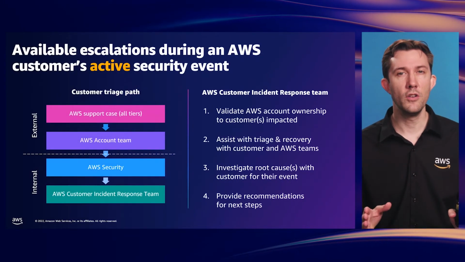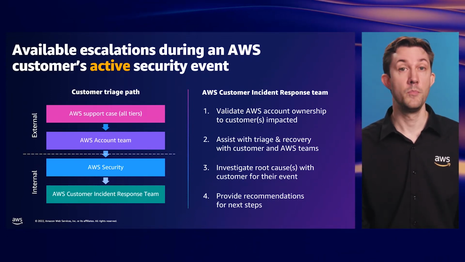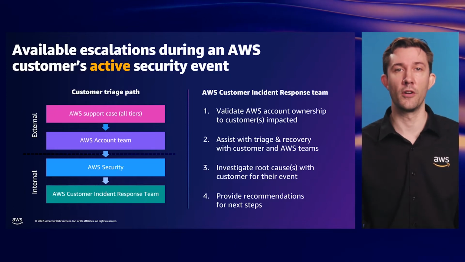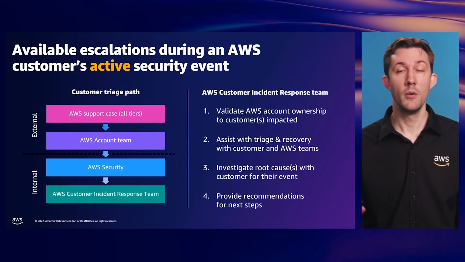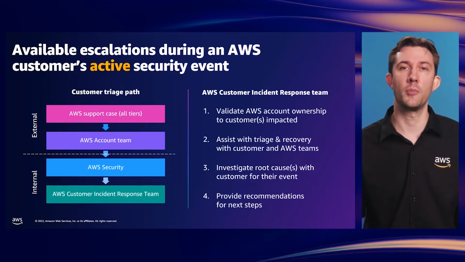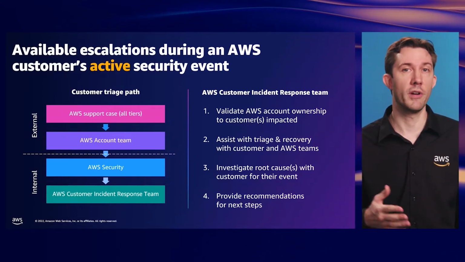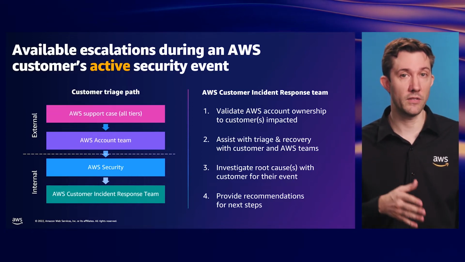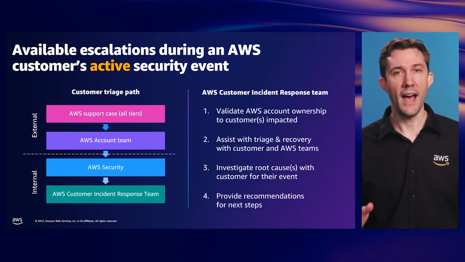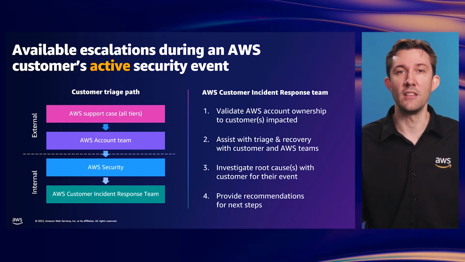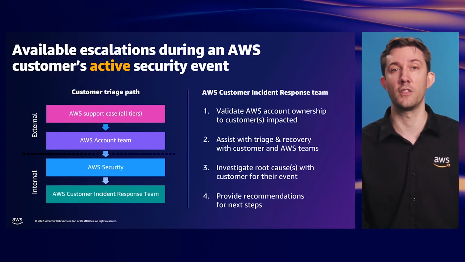So, how can you, as an AWS customer, reach out to AWS CIRT? Well, absolutely nothing changes in your support workflow, which is great news. Just like with any other incident, issue, problem, or request, you open a support case. Or reach out to your account team if you have one. Support, or your account team, will then engage either AWS Security or AWS CIRT if it's required. Remember, AWS support already has many service specialists, and those people already know a lot about the security of those services.